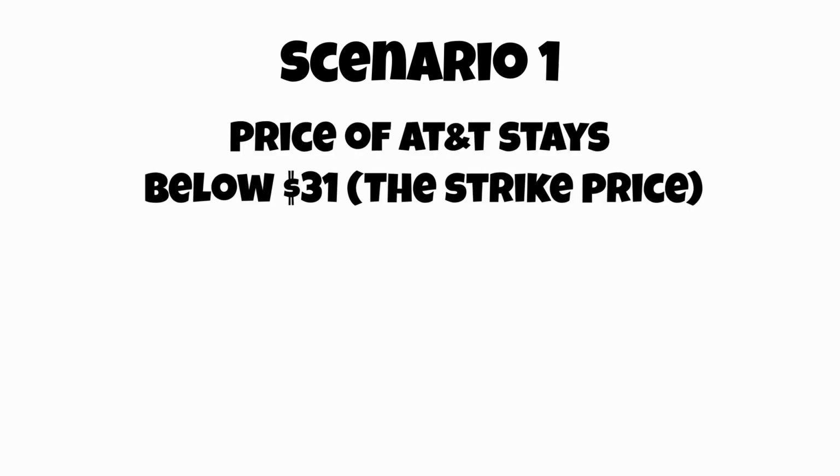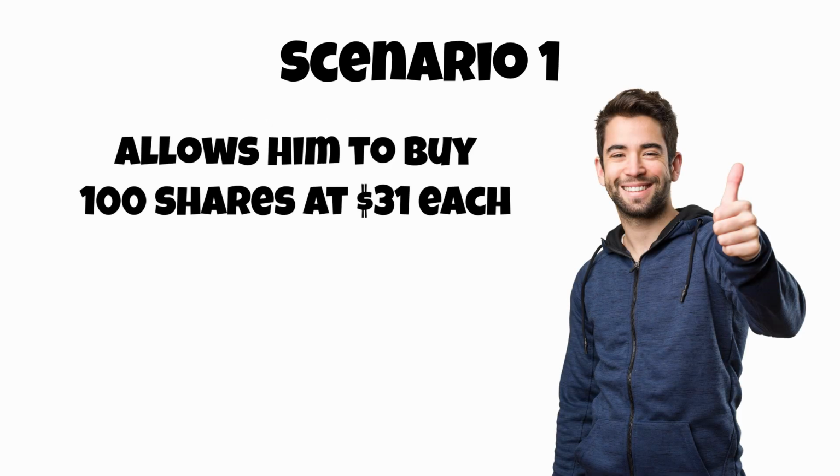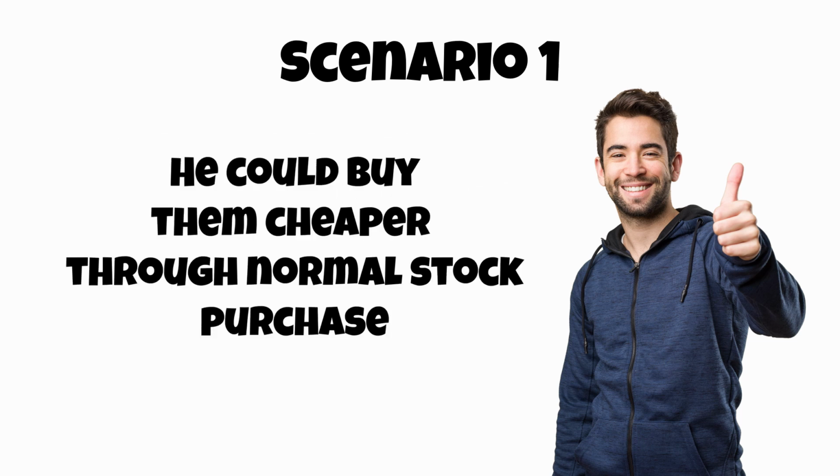Let's go over a few scenarios of what could happen and who would benefit, and I'll explain more along the way. The first scenario is if the price of AT&T was to stay below $31 from today until January 29th, the expiration. Dave would own a contract that allows him to buy 100 shares of AT&T at $31, which he would never want to use since he would be paying more for the stock than it is currently worth, since he can buy it for $31 but it's trading below it.